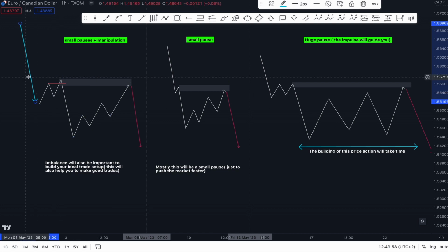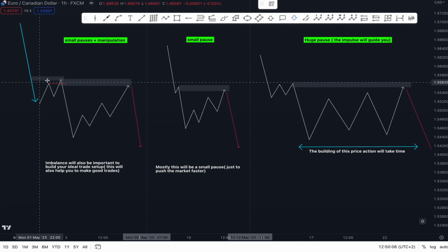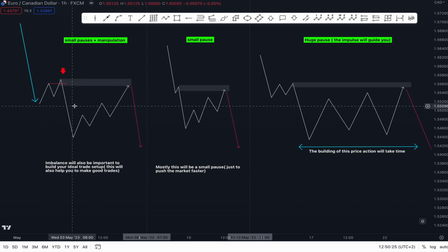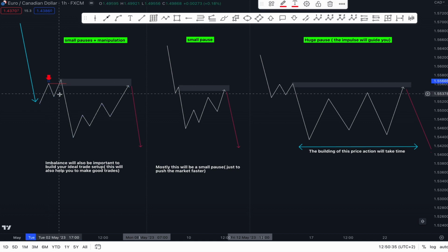And sometimes you can still find an entry around here, and then you'll be able to enter at this top over here and then catch this next downtrend. This pattern here is the same as this one, but the pauses can be this long and this one can be even this short. So by doing this pattern here, you will understand that okay, the market broke this, traded above this high here, and then dropped lower aggressively, and then you will just wait for the